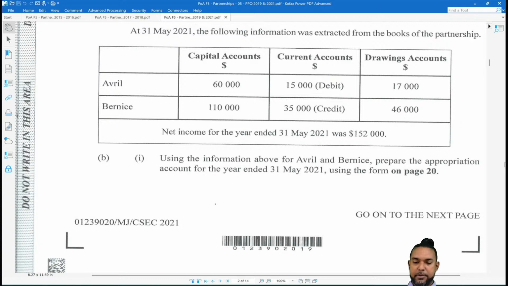Right, so I sent the information in the chat that you should be able to use to do the current accounts. And again, we're doing the current accounts for both partners. Right, let me just give her the